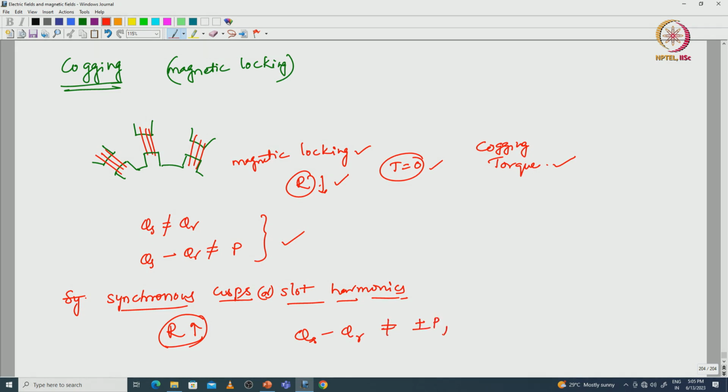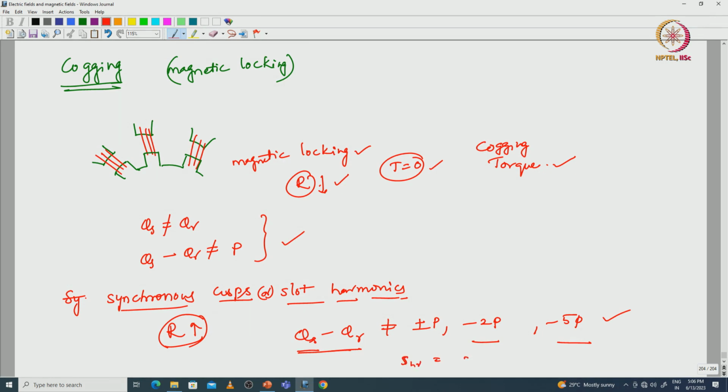plus or minus P, the number of pole pairs, and minus 2P and minus 5P. We should avoid this combination. The difference between the stator slots and rotor slots should not be equal to plus or minus P, minus 2P and minus 5P to avoid the slot harmonics. And the order of slot harmonics with respect to the rotor slot harmonics is nothing but